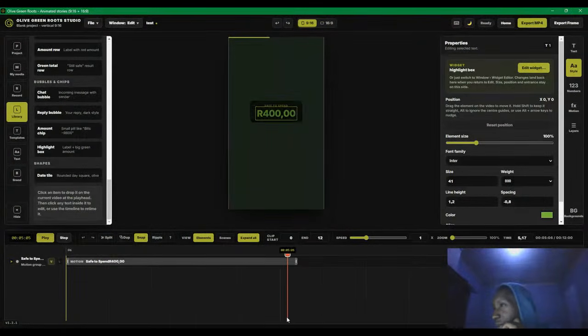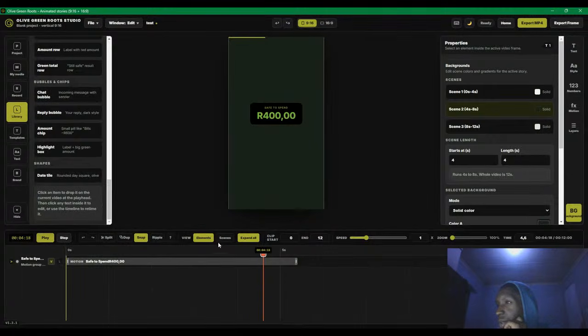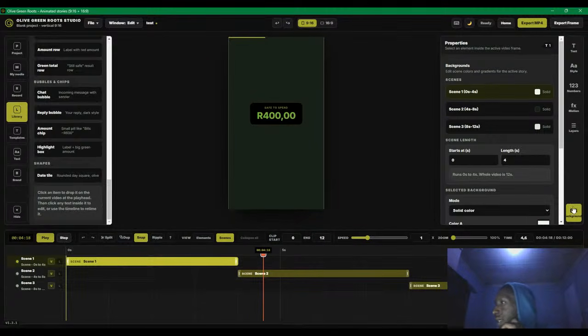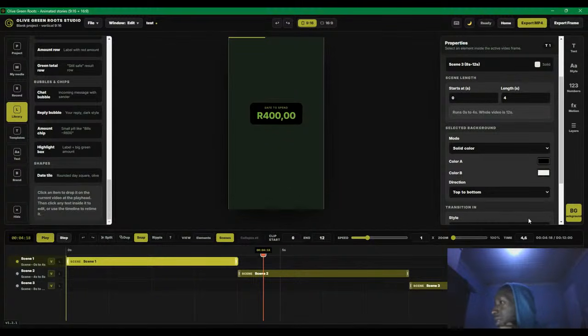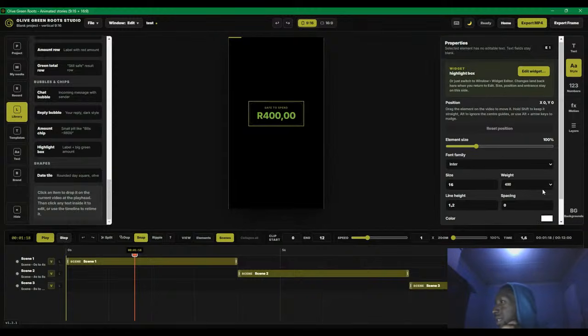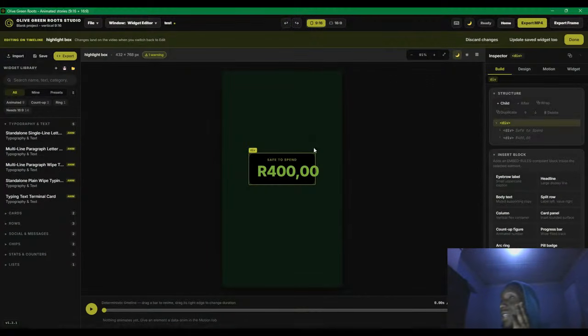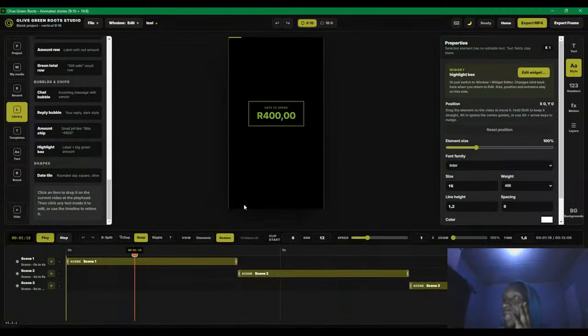Actually, I think I just found out what that edge is. Oops. I think this is going to a different scene. So let me change this. I need to improve how the scene works here. But anyways, stop that. Okay. I think I know what. No, never mind. I thought this white changed the color of the borders, but it doesn't. It's obsolete. But you can always just click on edit widget and it takes you here, which is great. But anyways, I was saying if we go to elements